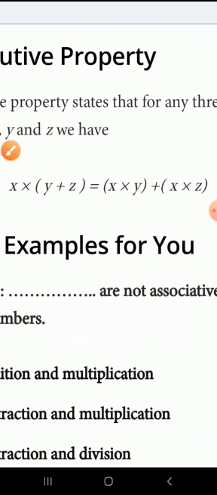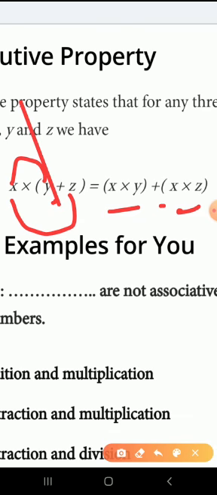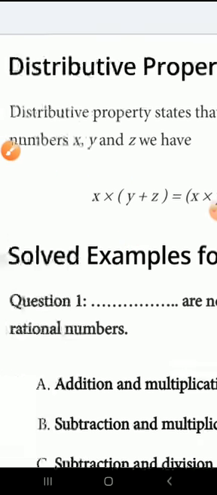Let us see it one more time. Three rational numbers we are taking, x, y and z, and x into (y plus z). First step, x into y. The plus is coming the same on the right side, and then second step, x will be multiplied with z. This you are getting. So let us see some examples of this distributive property.